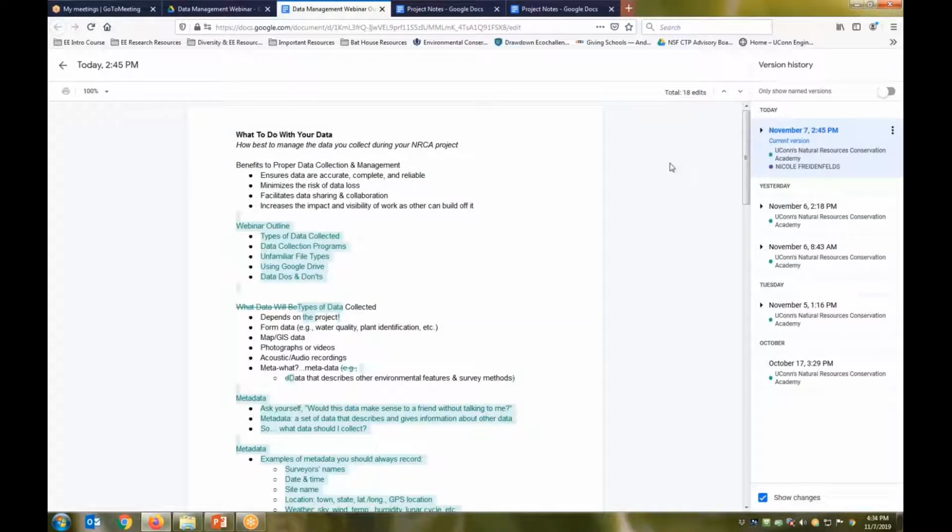It shows you in a timeline. You can minimize that. Over here on the right side, all the dates and times that little snapshots of your file were taken, and you can go back to those versions in time, and you can see who made the changes. So looking at it right now, this was at 2:45 today. If you hover over this highlighted section, our NRCA account, that was me earlier, made these changes,